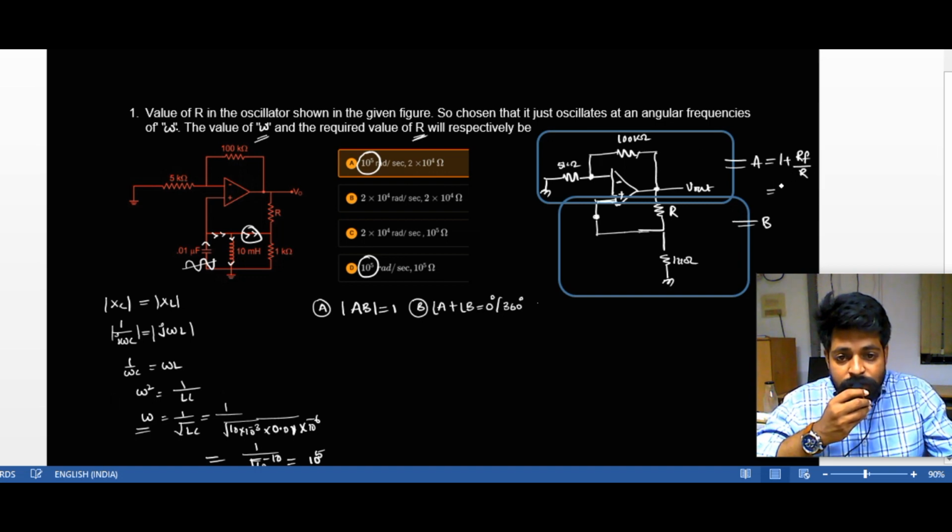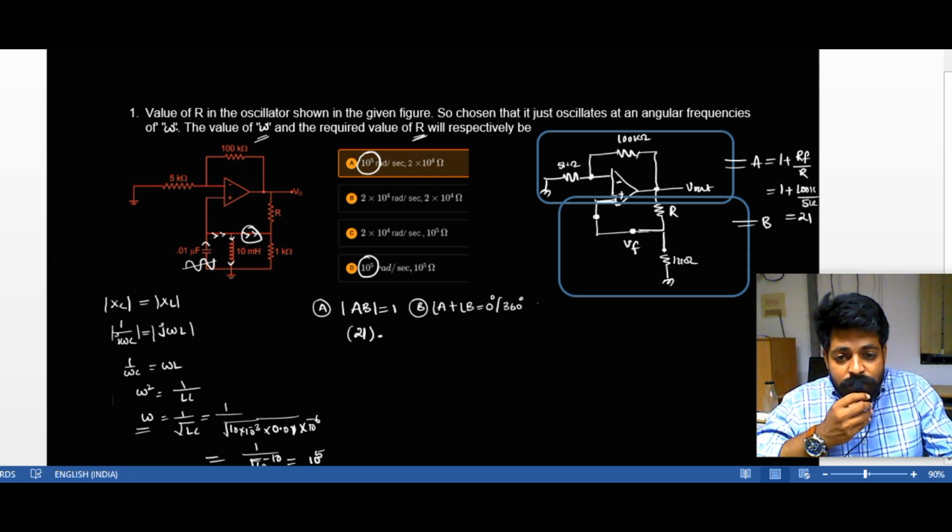RF will be how much? It is around 100k, and the RF by R value is around 5k. So the overall gain is around 1 plus 20, which will be 21. I got it. So let me substitute over here in the Barkhausen condition, where the amplifier gain I got is around 21. And if you calculate the beta network gain, if it is the feedback value VF